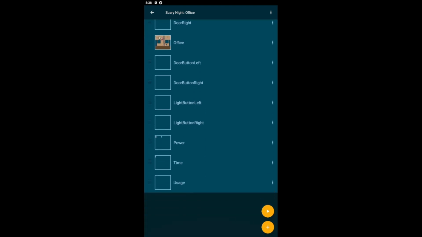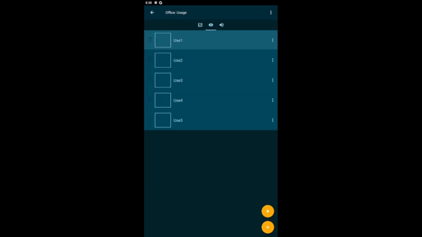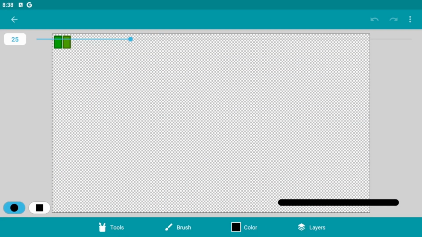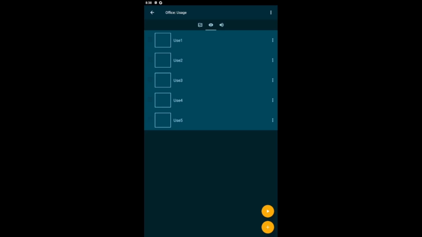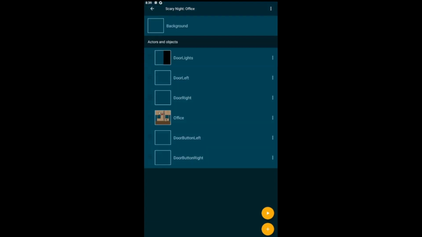As you can tell, I added the usage. The usage is basically like the battery that pops up when you're using power and it continuously goes up. So you're just gonna need 5 to indicate the power usage. So for the usage, what we're gonna do is